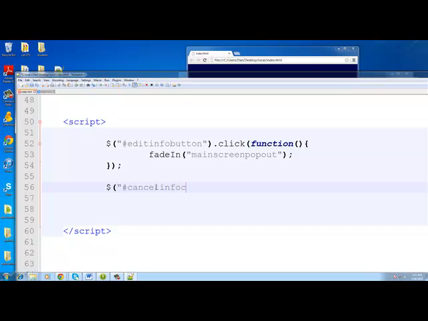Cancel info change dot click function, and we are just going to do the complete opposite. Fade out